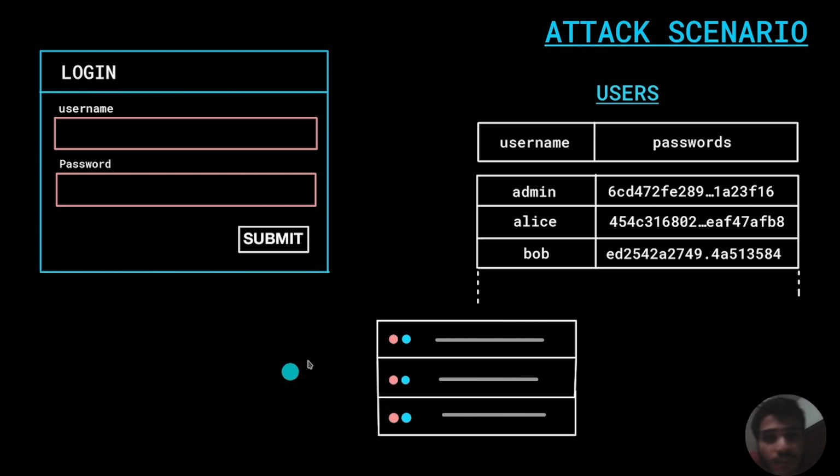So we have a login form that is vulnerable, and suppose it has two fields, the username and the password, and subsequently we have a table named users in the database. Now the table users has two columns, namely username and password, where username stores the names of the users in string format, and the password column stores the passwords not in plain text but in hash format. Now hashing is basically a secure form of storing data which helps to add an extra layer of security or encryption to sensitive data, like for example your password itself.